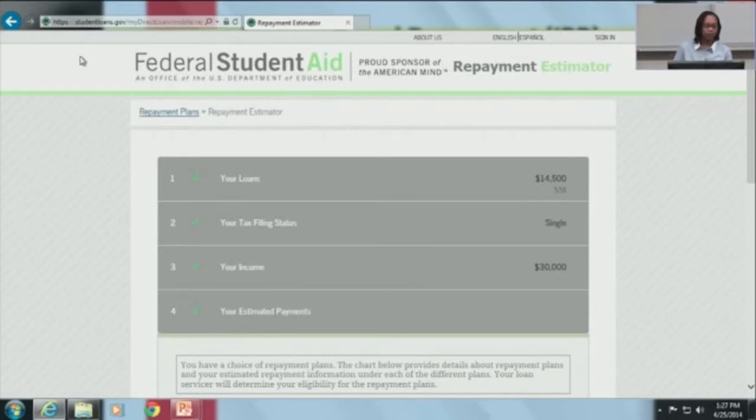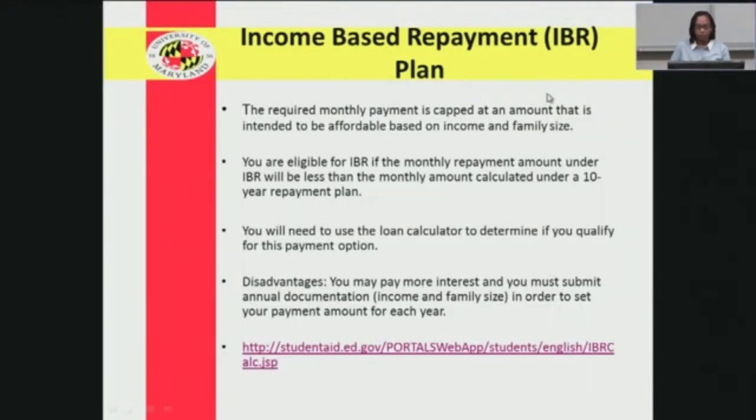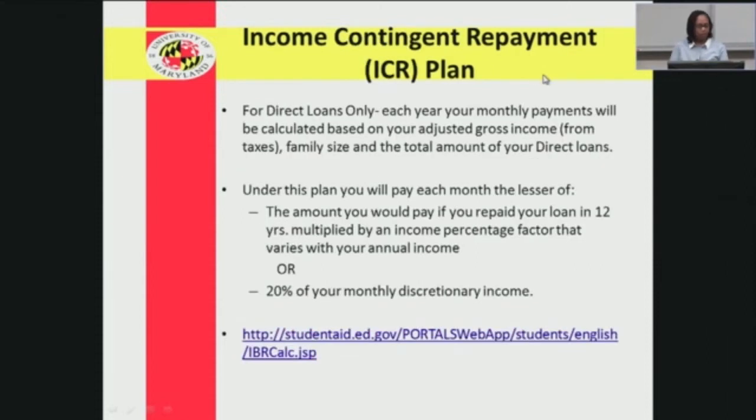Studentaid.gov. I think the one up there says studentloans.gov, but it's studentaid.gov. And I have handouts that have all these websites listed on them. Okay. So again, all these income plans, you have to